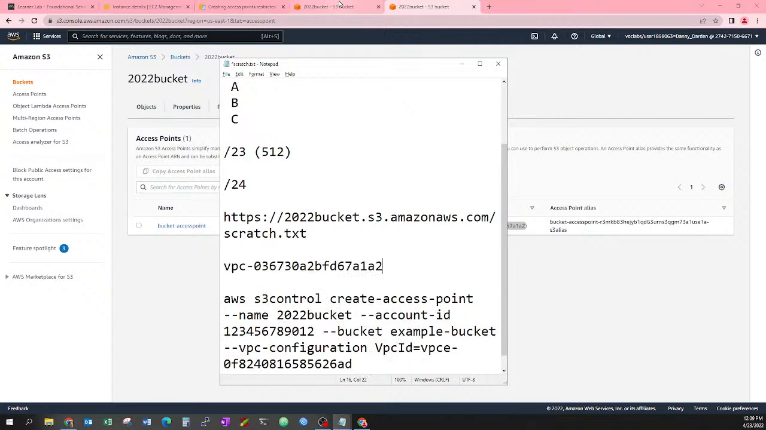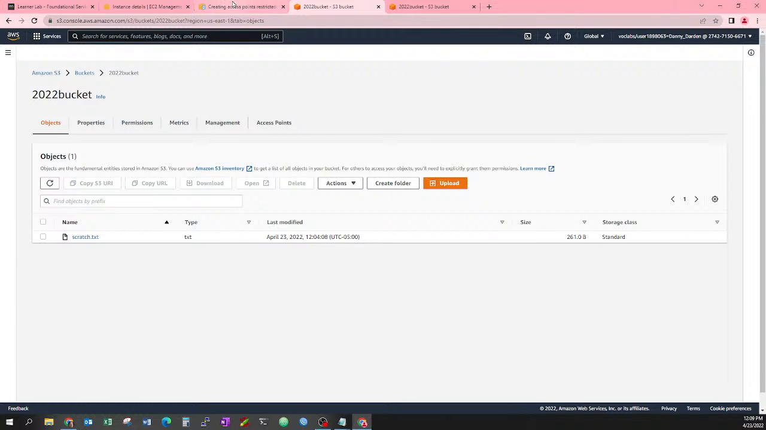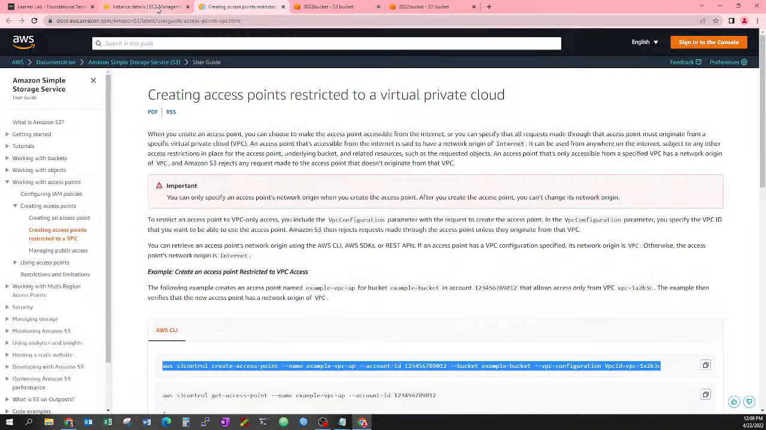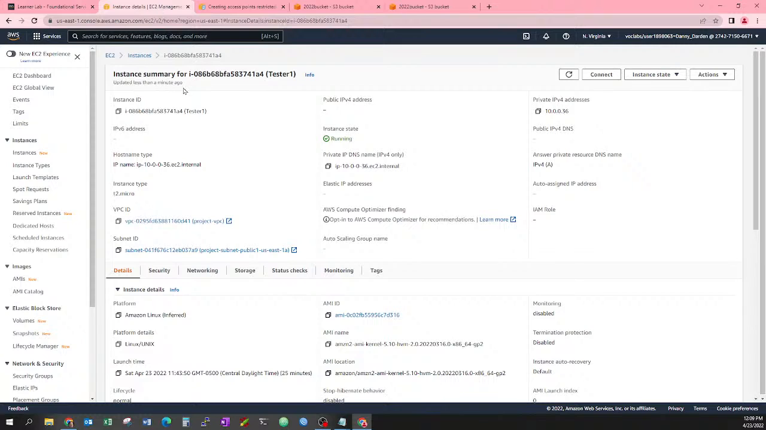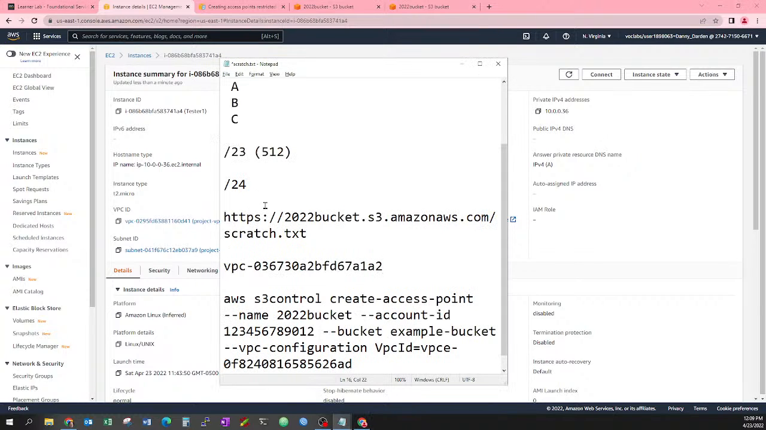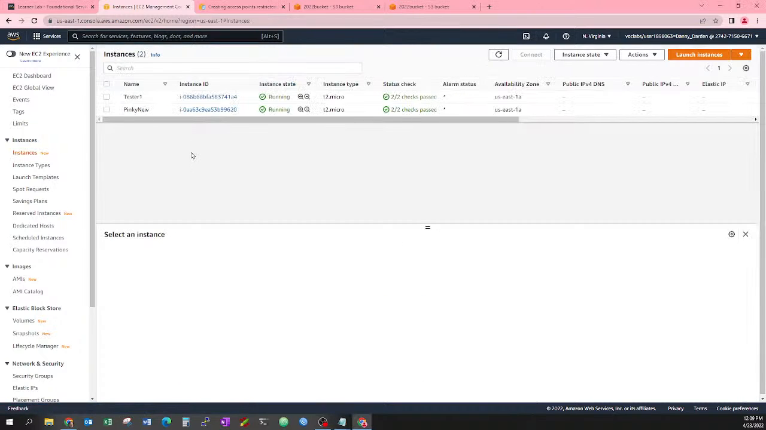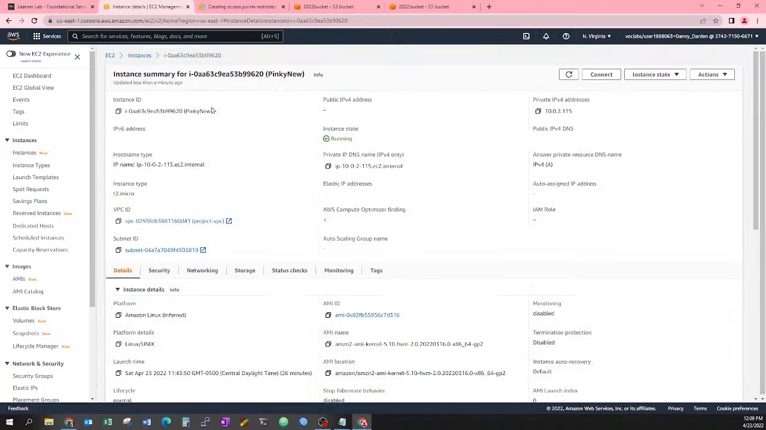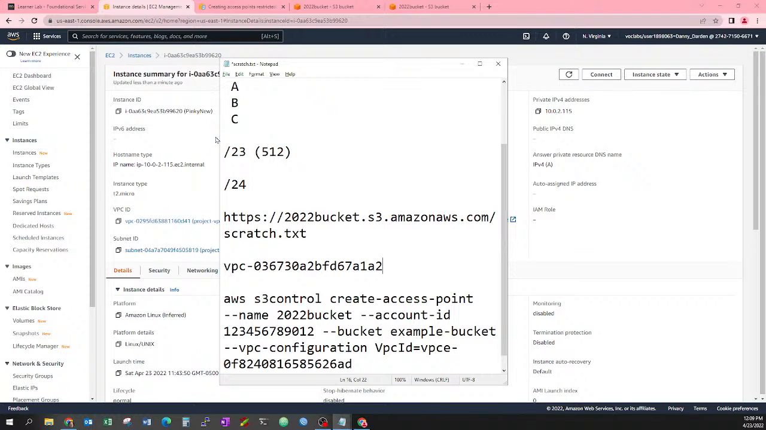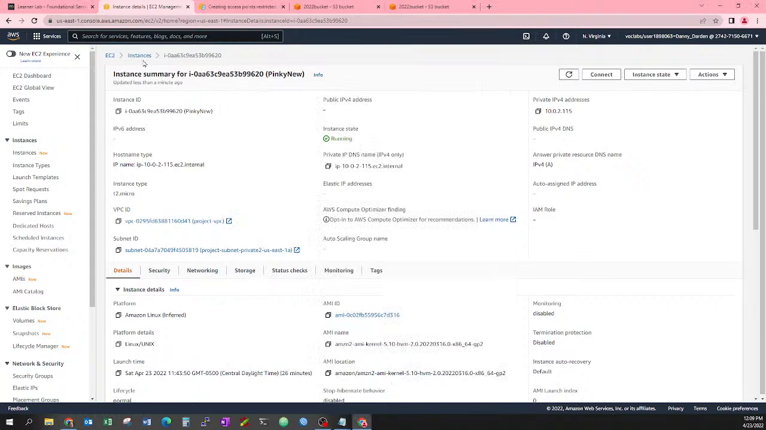So I just want to make sure that I have an instance spooled up inside this bucket. And I don't think I do, but I'm going to make one real quick. Let's see where Pinky is. Nope, it's a different one. Okay. We're going to make